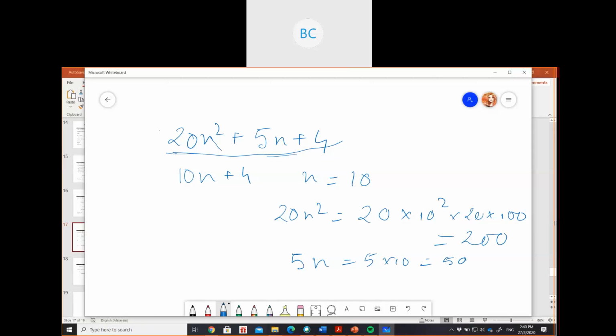So which term is giving you the maximum time to execute the algorithm? Just this part, right? 2000. Yes, the more you increase the value of the input, the more time it is going to take to complete the program.